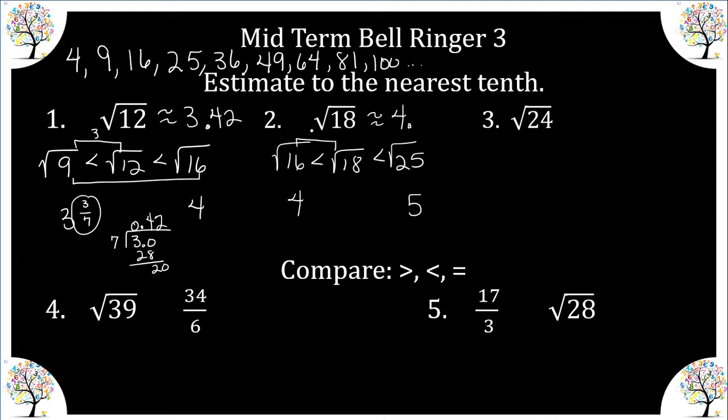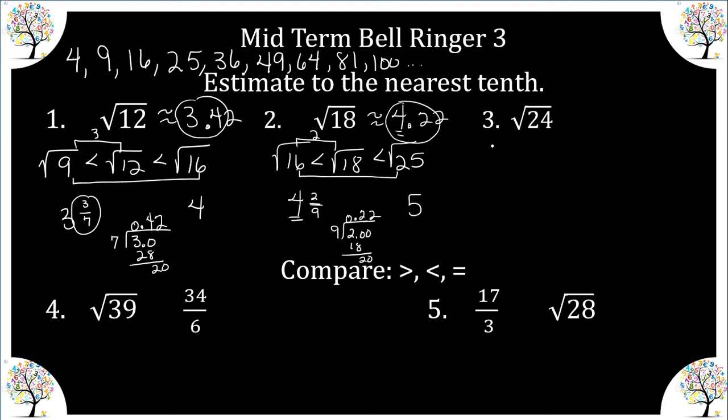So from 16 to 18 is 2, and from 16 to 25 is 9. So 4 and 2/9 we're going to convert into a decimal. So we have the whole number 4. So 2/9, 2 divided by 9, top in the box. 9 goes into 20 about 2 times. And again, 9 goes into 20 about 2 times. So 4.22. And if we're asked to round to the nearest tenth, we would say 3.4 for number 1 and